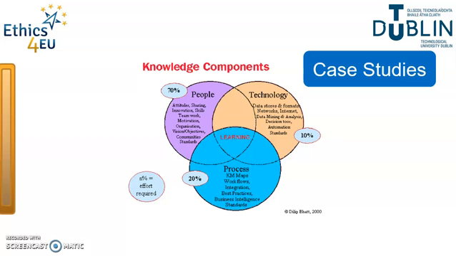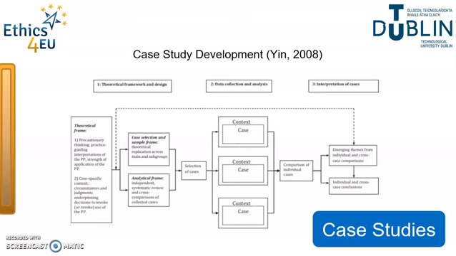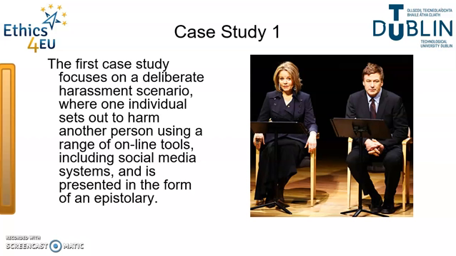So then, particularly for issues like ethics, we should focus on people-based case studies. In terms of developing our case studies, we followed Robert Yin's model, which is essentially three stages: design, develop, implement. And the two case studies we've created, the first one is a deliberate harassment situation where one individual, a male